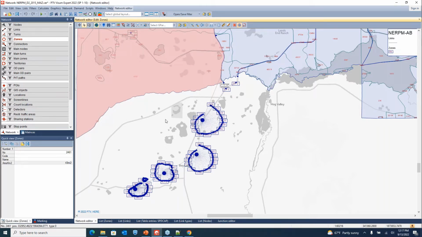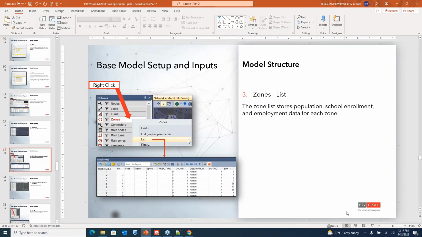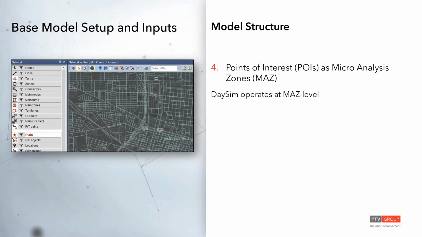And for zones, let's go back to the slideshow here. Okay, so besides zones, there is another object called points of interest. And points of interest, again, could be anything. It could be a point, it could be a line object, or it could be a polygon object. Now, if you would remember,